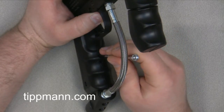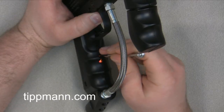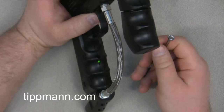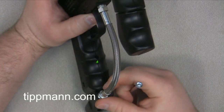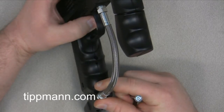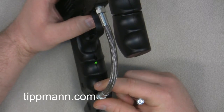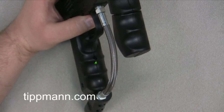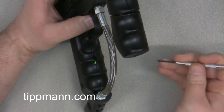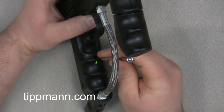So we'll go ahead and turn the power on just by tapping the power button. It should light up orange and then go solid green. Once you have the solid green, you'll have a semi-automatic rate of fire, which is your default setting. And then just to quickly go through the firing modes, all you have to do is tap the power button